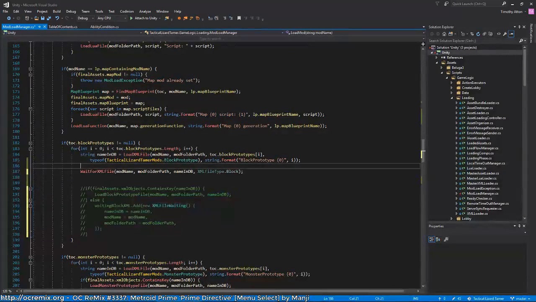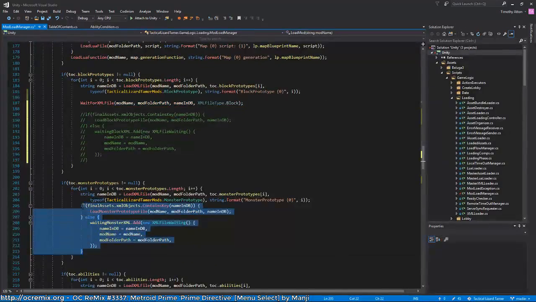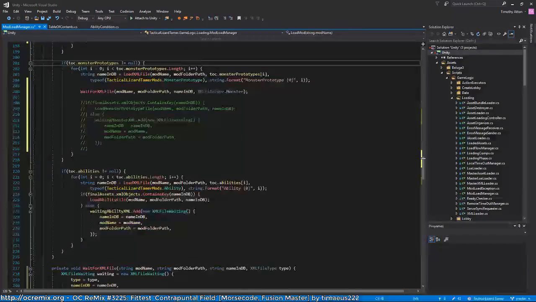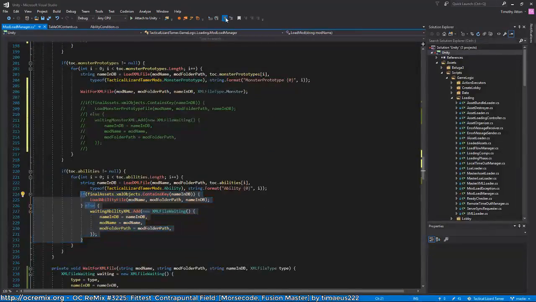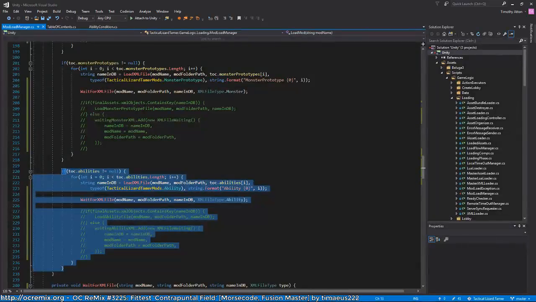I'm still a little scared though, so I'll just comment it out. This is monster. I guess worst comes to worst, I could just revert to an earlier version on Git, but